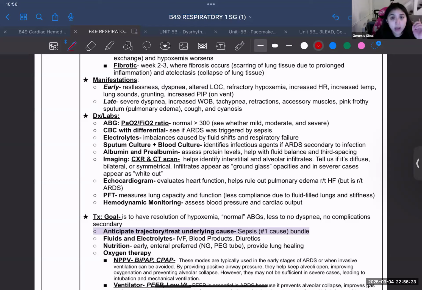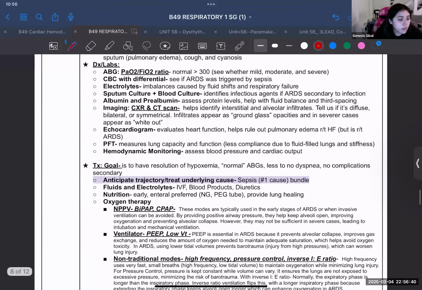You're having retractions. You're using accessory muscles. So just think about it at this point. Now it's even worse than the early stages. I feel like that kind of makes sense, right? You're having cyanosis because now you can't really breathe anymore. Your respiratory distress is getting to the point where you can't really hang on for much longer, right?